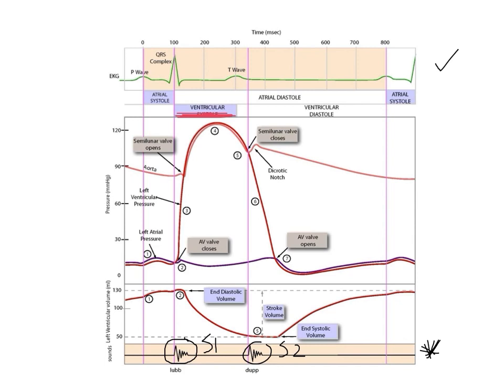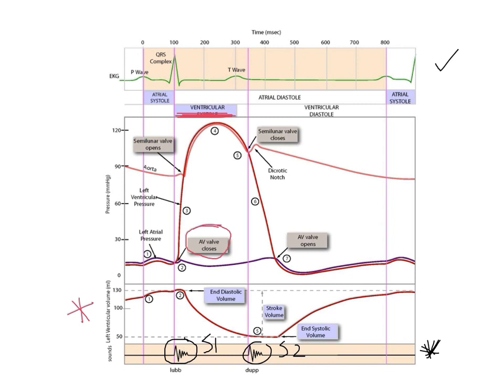Ventricular systole begins and it results in the closing of the mitral and tricuspid valves, which is what S1 represents. When that happens, the semilunar valves open and blood ejects out of the heart. That's what we see here, a rapid expulsion of blood